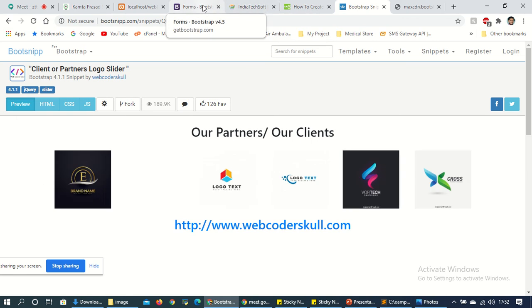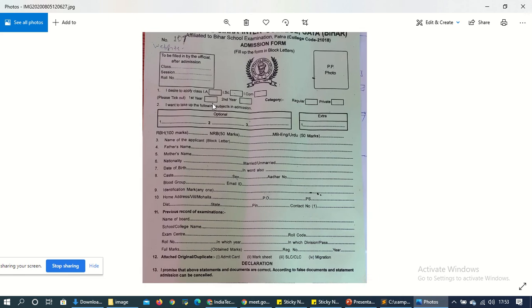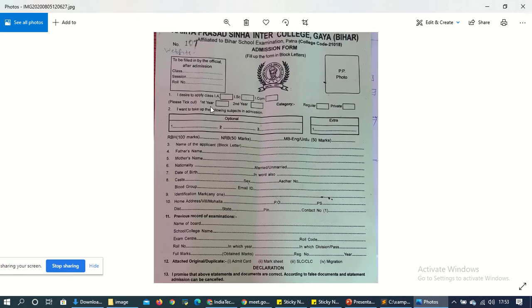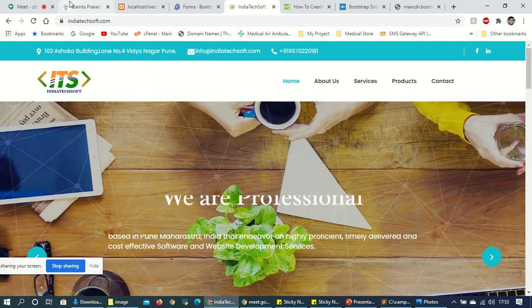So you just have to remember the name. For this, I'll just go to the page and find the code, and create a new one. I'll give you this page design and you have to design it. On a card, on a panel, whatever you want to use, you can use.